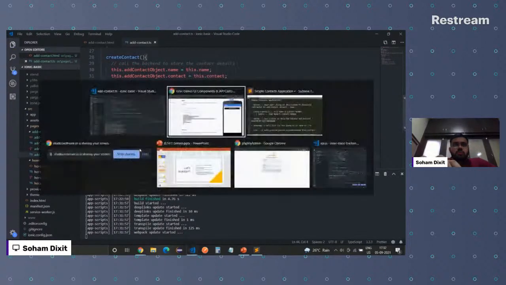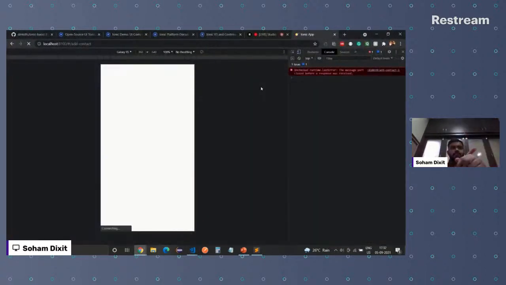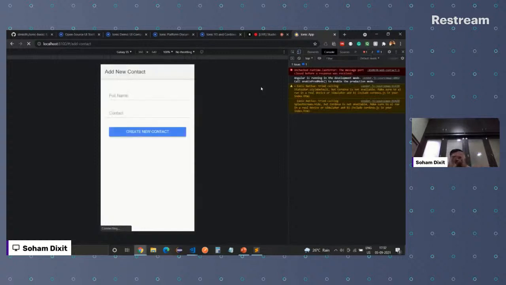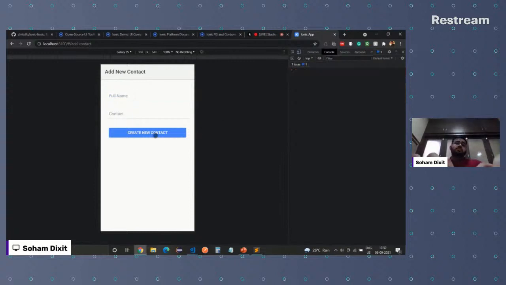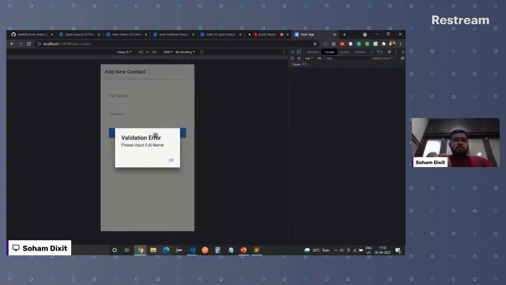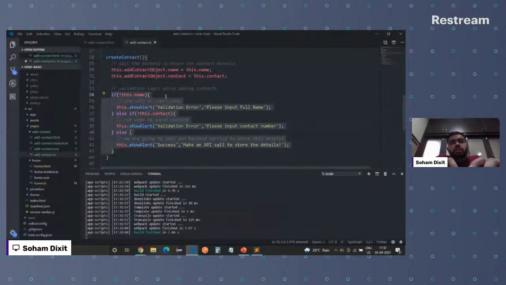Let me go back to our application. It's building. Okay, let's try to click this create new contact. Correct. That's what we were expecting. Full name has nothing, and see how the logic we applied works. First, it will check the name field, then it will check the contact field.